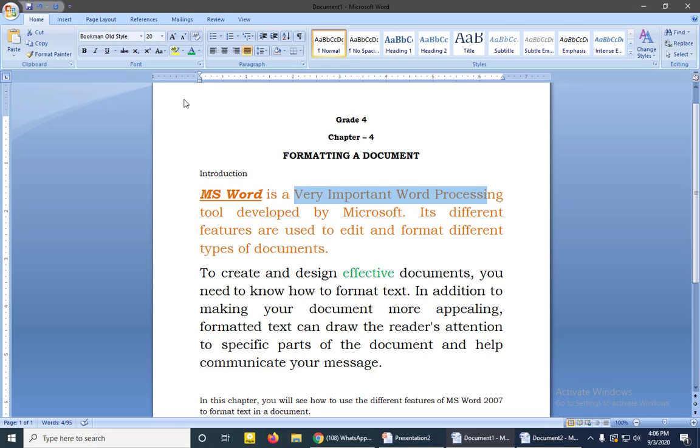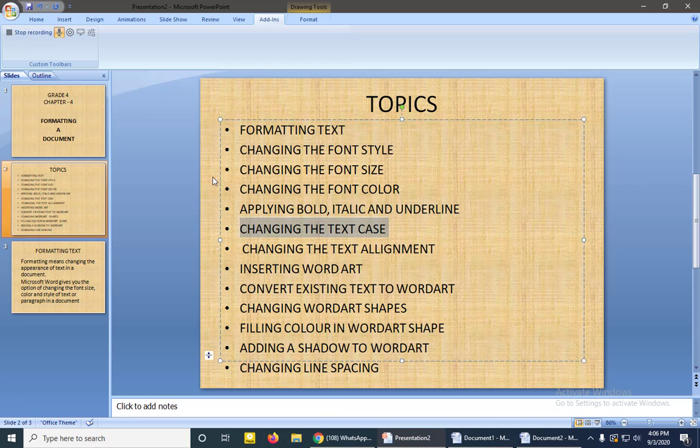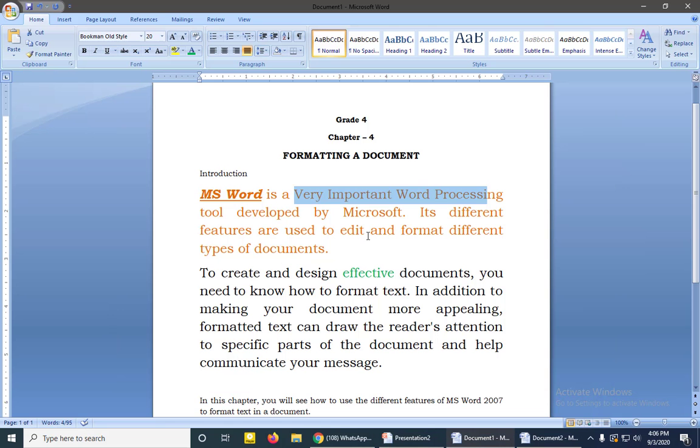Okay, so the next we have is changing the text alignment. So what is alignment? Changing the font's place in a document. So this is the document, and whichever type of alignment, see here in the home tab, in the paragraph group you have the text alignments.